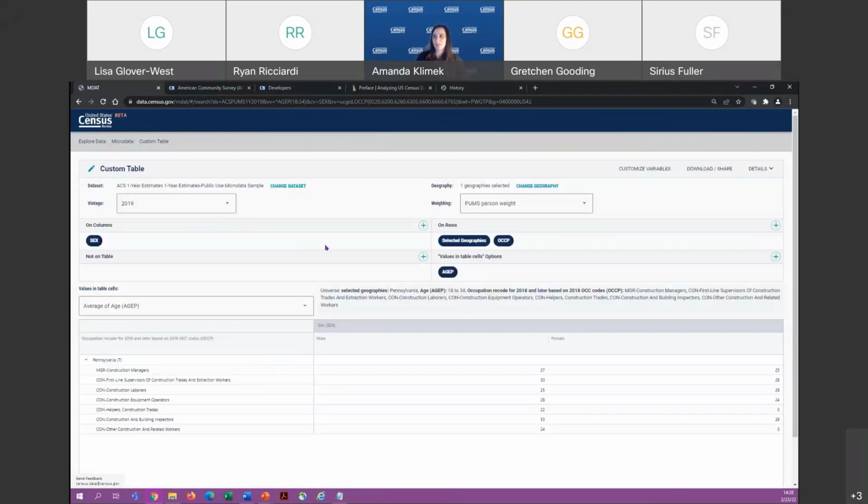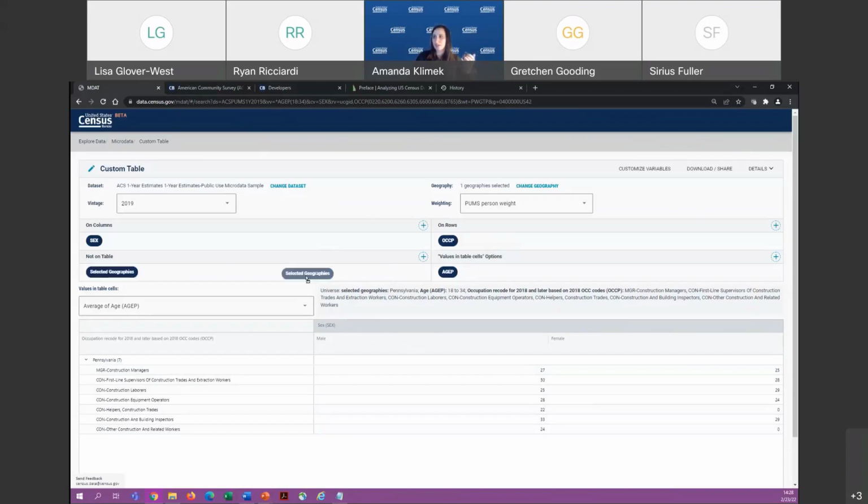So here's what we get right off the bat. We have some options here. Once you put your variables in, you still have the ability to edit the tables. So we have sex, male and female here, and all of these construction categories are under the row heading of Pennsylvania. I don't really think we need Pennsylvania in these rows. We just have one geography today, so we know the entire table is Pennsylvania.